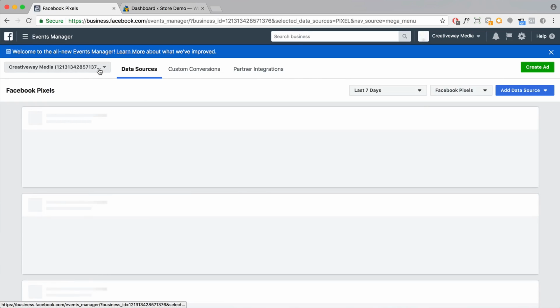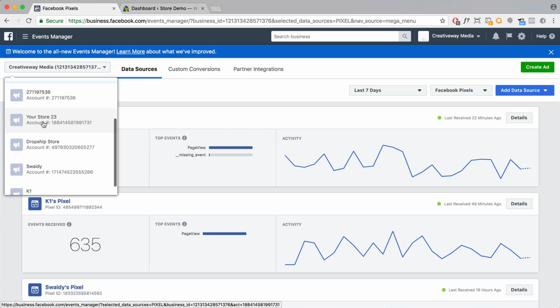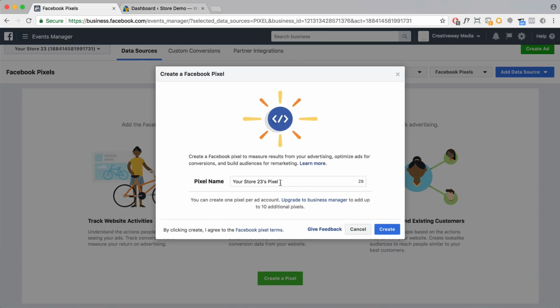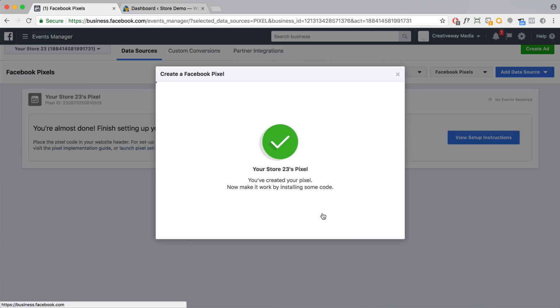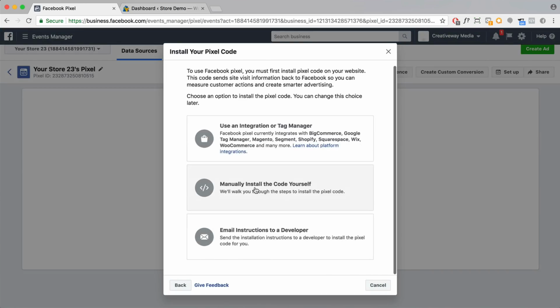Okay, so what you can do is select your ad account. So the new one is Your Store. I'm going to click on that one. And then what you want to do is create pixel. Okay, I'm just going to leave it as is and then click on create. So it automatically creates a pixel for you, and what we need to do is basically get the code and paste it into our website. So what we're going to do is click on manually install the code yourself,